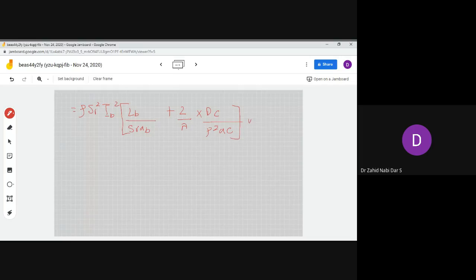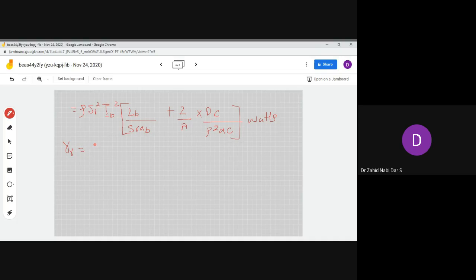This is in watts. Now, this is for the total copper loss. If I want the resistance of the rotor due to bars and end rings, that is the RR value, what I'll do is this: